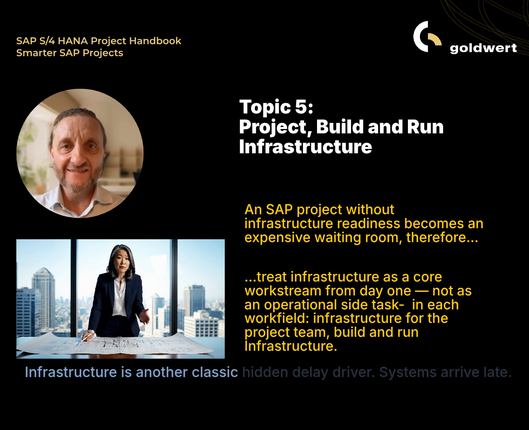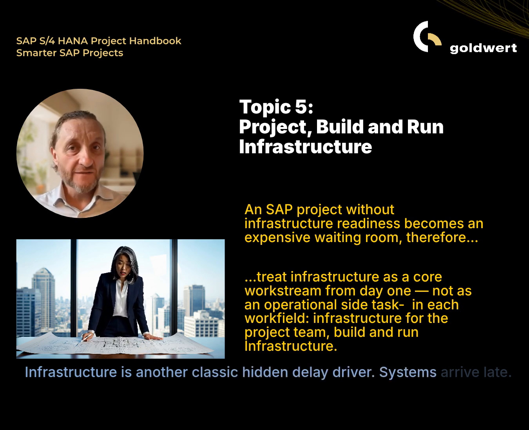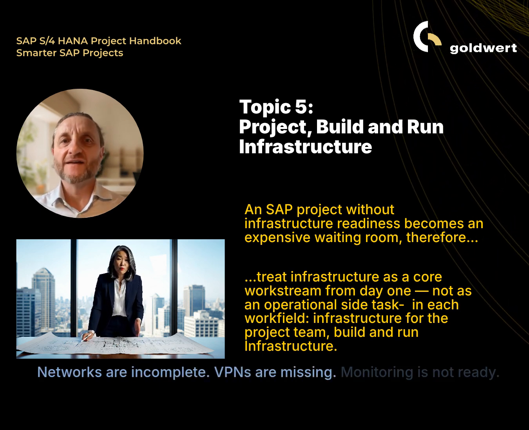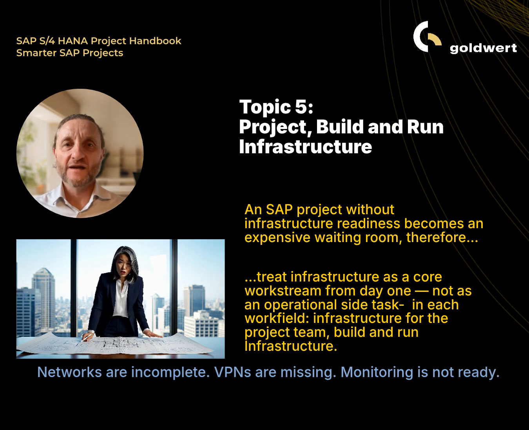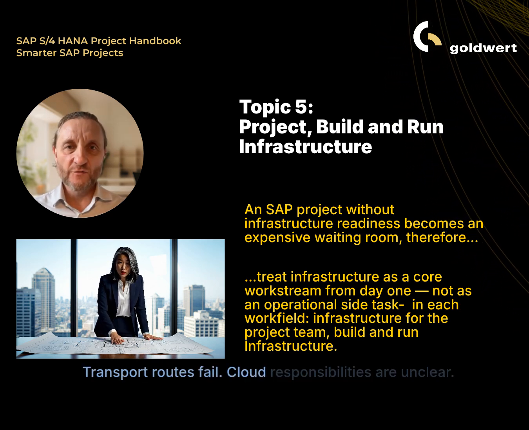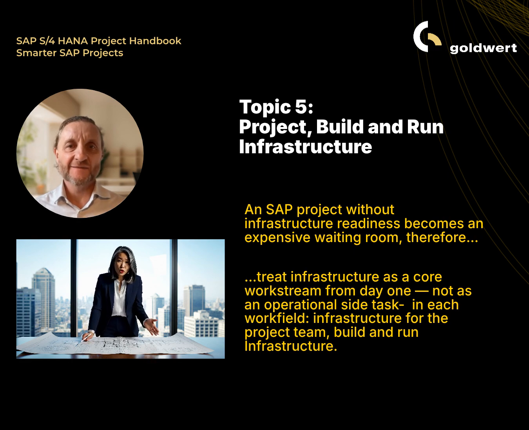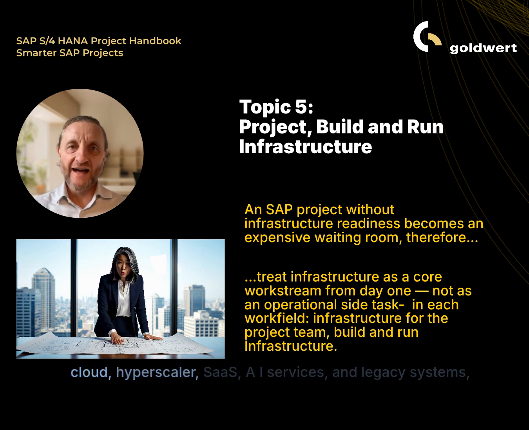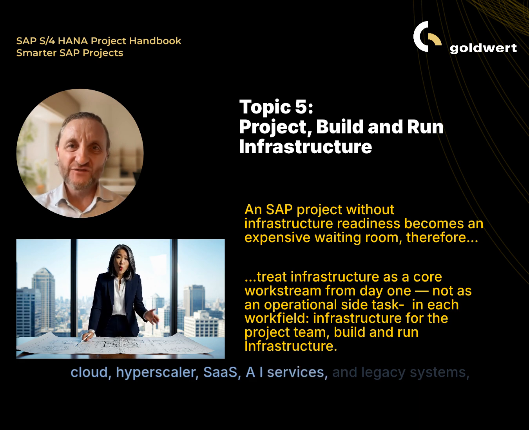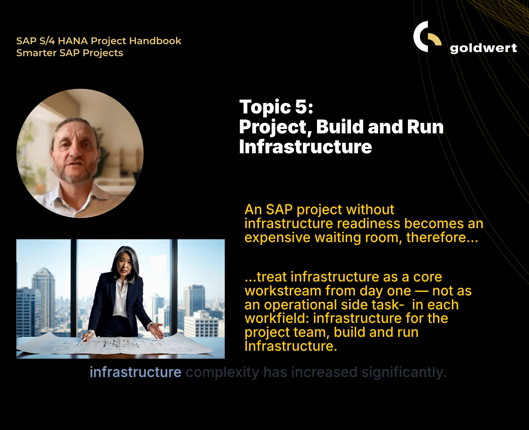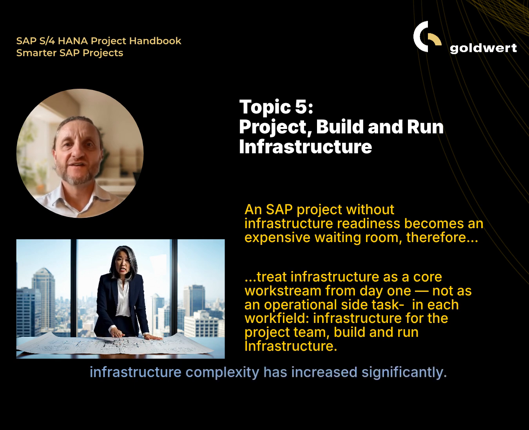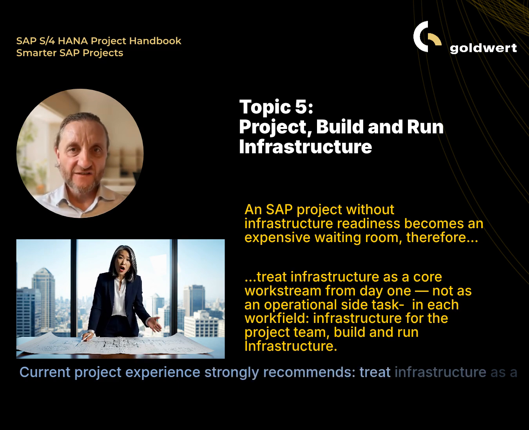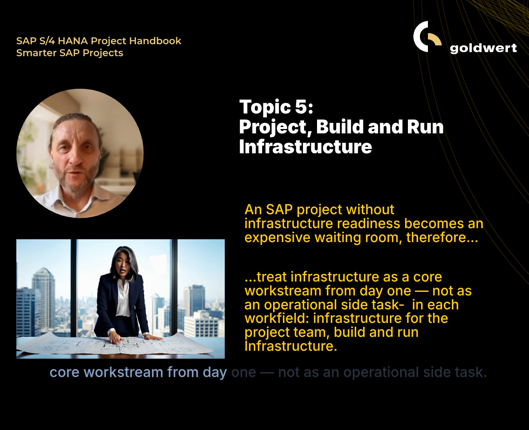Infrastructure is another classic hidden delay driver. Systems arrive late. Networks are incomplete. VPNs are missing. Monitoring is not ready. Transport routes fail. Cloud responsibilities are unclear. And because modern SAP landscapes are now hybrid combinations of cloud, hyperscaler, SaaS, AI services, and legacy systems, infrastructure complexity has increased significantly. Current project experience strongly recommends: treat infrastructure as a core work stream from day one, not as